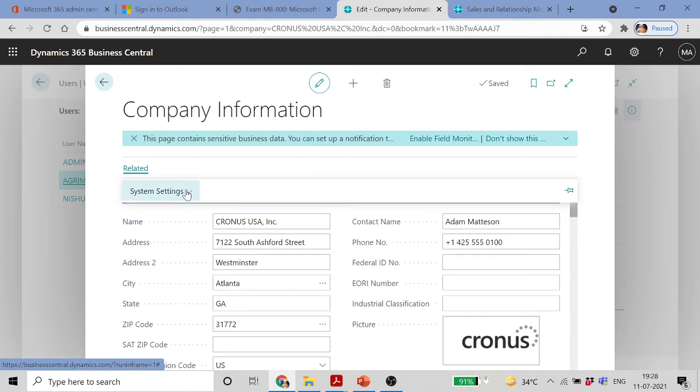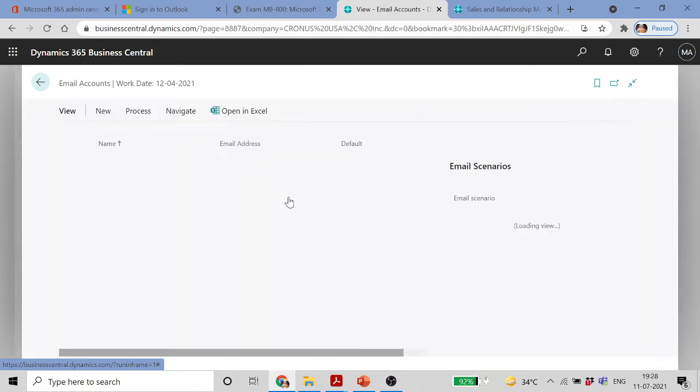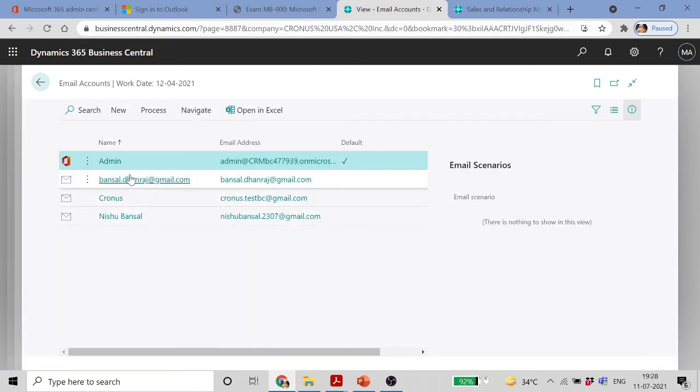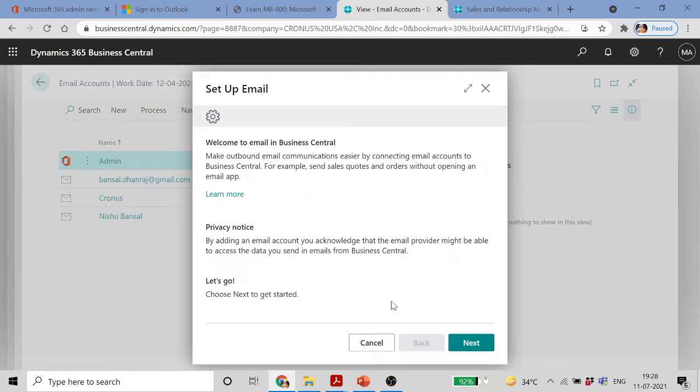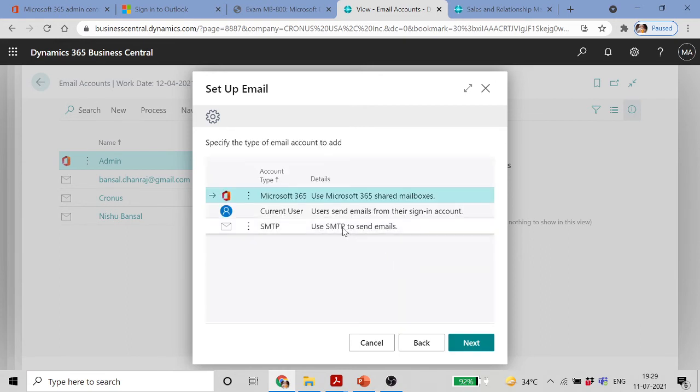So once the company information is set up, email account setup. Right now I've done the setup. If required, we can do a new one. So admin, and this is the default email ID. If it is not already done, in that case one can go to new, add email account, next, choose one of these, Microsoft 365 current user or SMTP. So maybe we can use this one,